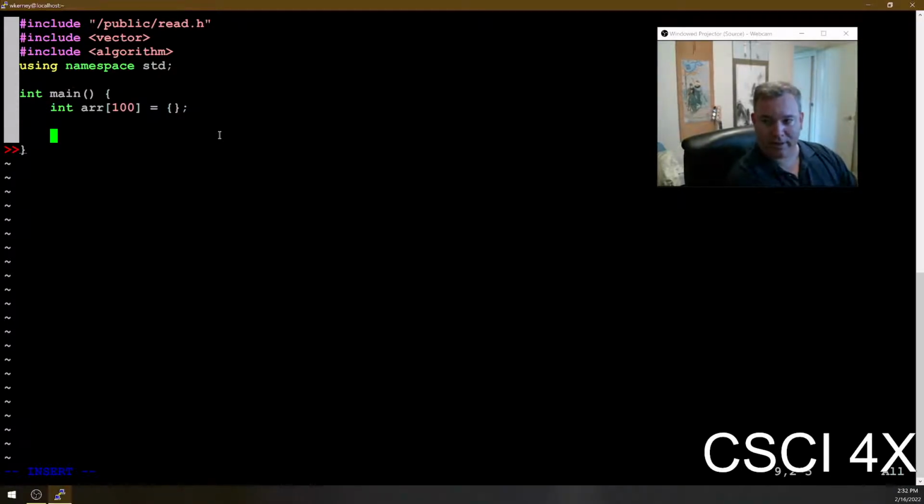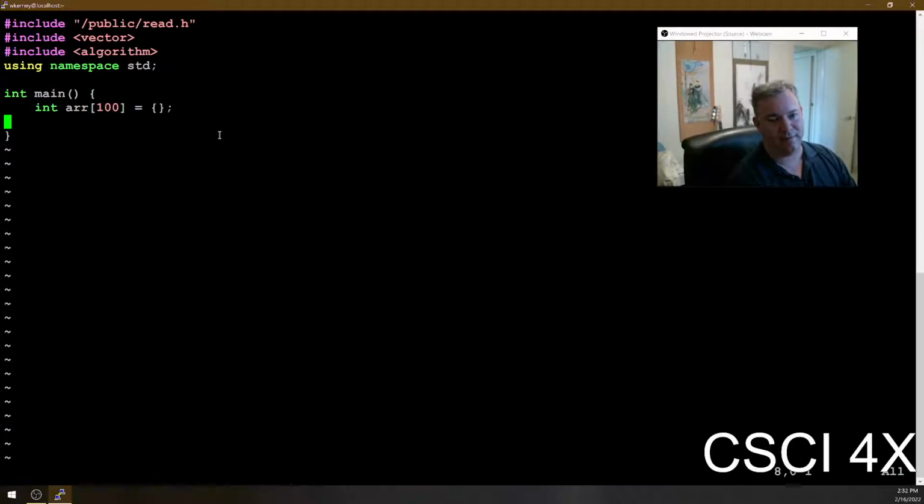You can iterate across this array using pointers. So you can have integer pointer equals array. That's allowed. And the reason why this is allowed is because an array is a pointer and a pointer is an array. There is a very small asterisk on that, just one small difference in the rules where arrays and pointers are different, but it doesn't matter. So we're going to create a pointer pointing at the array, and that's the exact same thing as if we had done